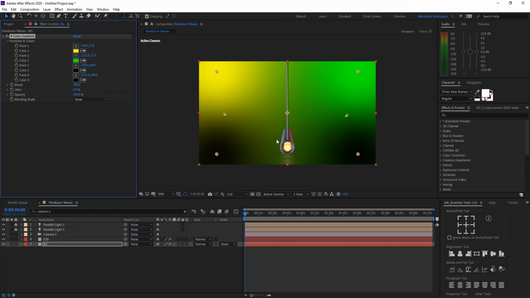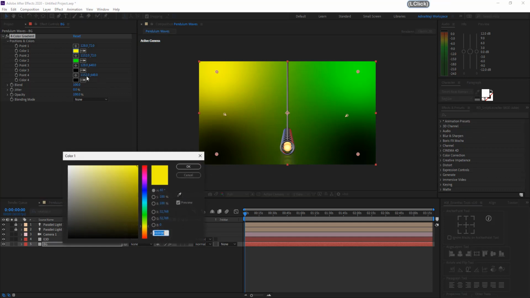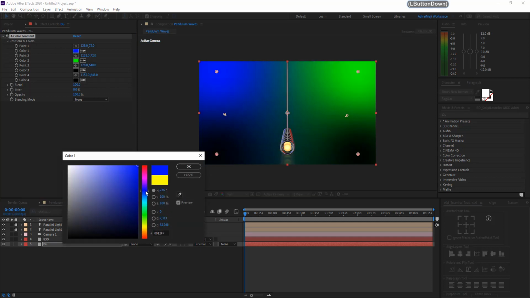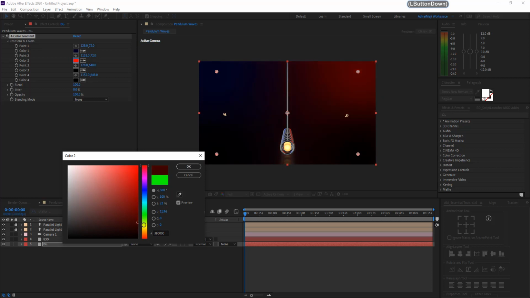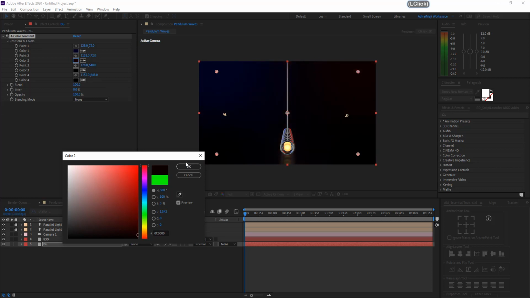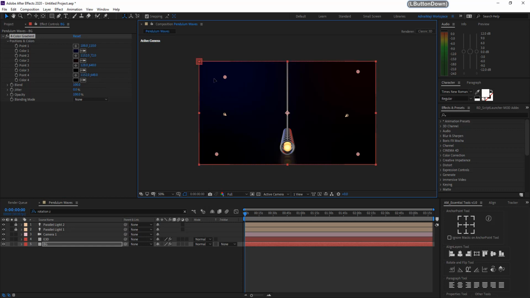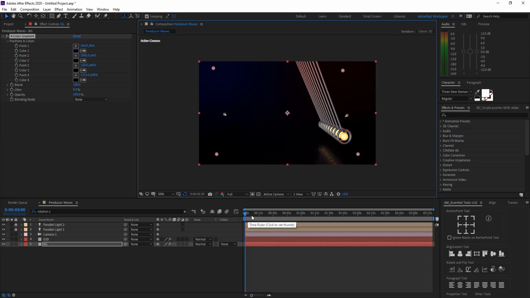Now the top left side we have a blue light, right? So we need to change the blue to yellow, make it dark, and red to green, make it as dark as possible. Oh my god, again I am picking the wrong layer. So you can adjust the gradient positions. Now if we play this again, we got this effect.